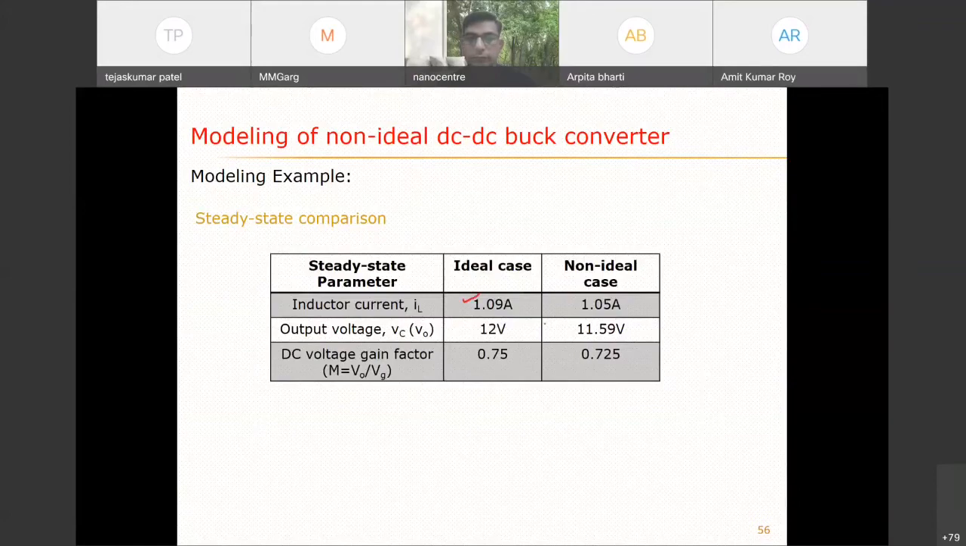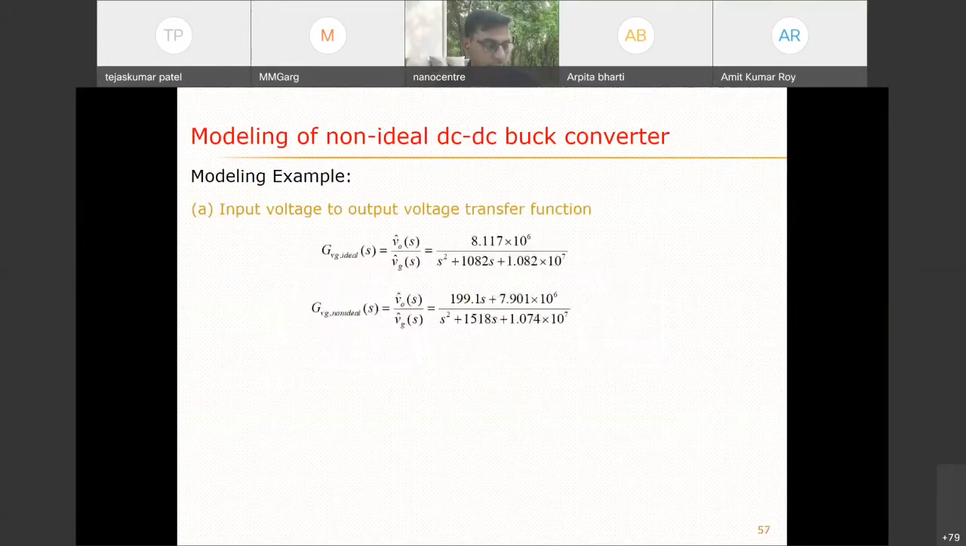So now let's see how these non-idealities affect it. This is the input voltage, the output voltage, and different non-ideal, parasitic elements are there. In fact, diode voltage drop is also there. So including that, when we do steady state analysis, we find that in the ideal case the inductor current should be 1.09 ampere, the output voltage should be 12 volt, and the gain factor should be